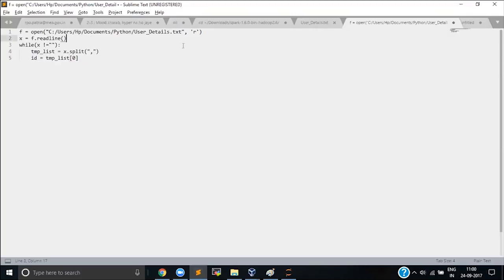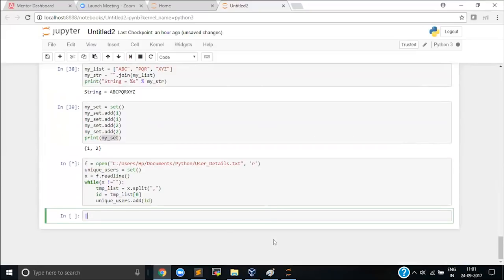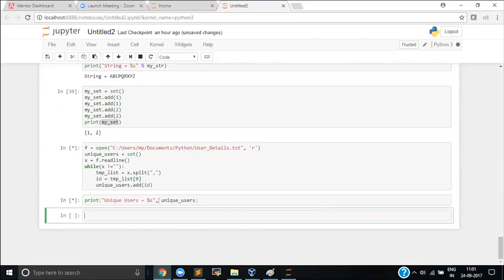And in the beginning, we can have something like unique users equal to a set. And we will simply add, like unique_users.add(ID). Okay, that's it. Once it is done, let us try to write this code first. So let's write it here, execute it, and finally try to print something like unique users is equal to %s. Unique users is a set, but I would like to treat it as a string representation. And sorry, if we try to run this,